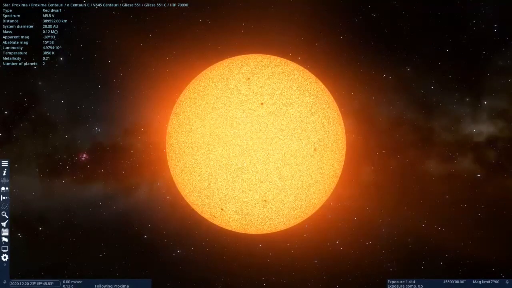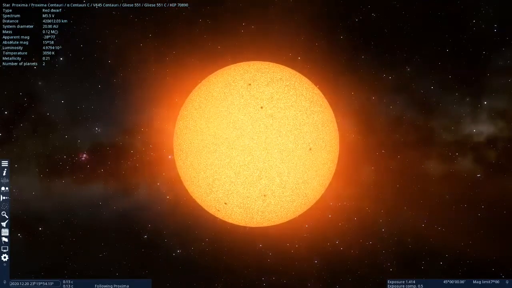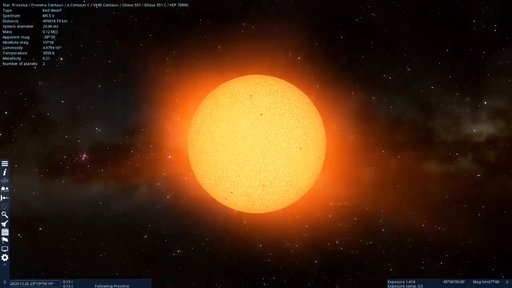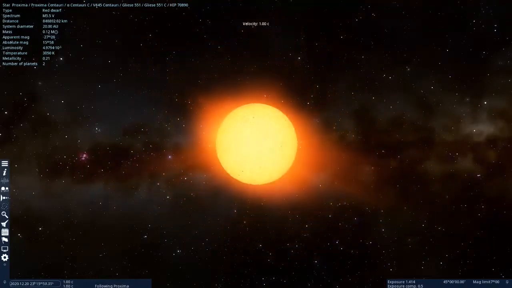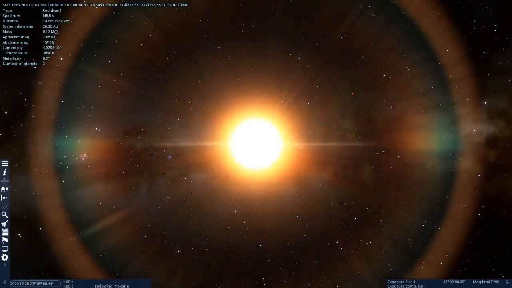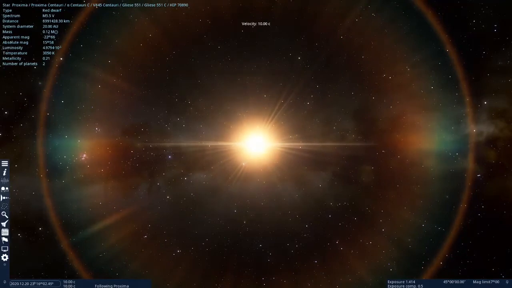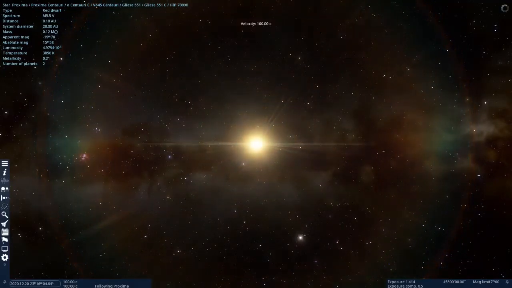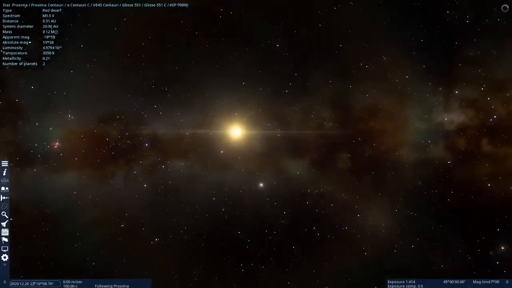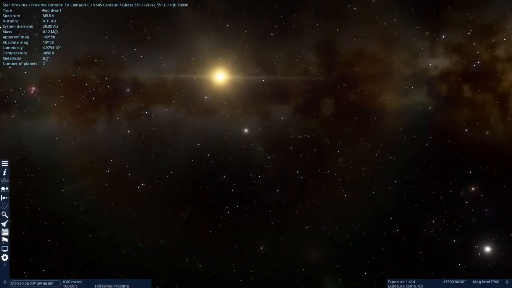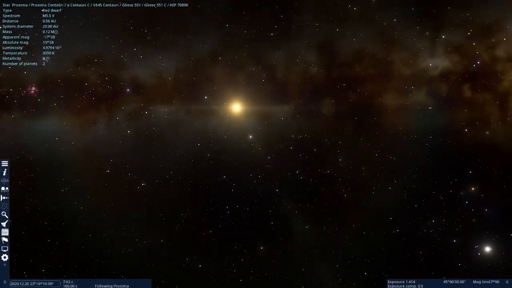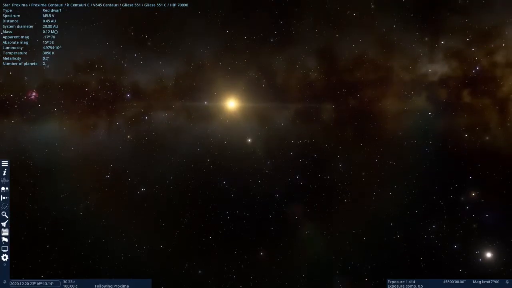Okay, so we ended up closer than Mercury distance to Proxima Centauri. Let me back away from it a little bit. It's showing it as having a pretty dense halo around it. I think that might be accurate. And Alpha is probably down there moving with it now, because they are.